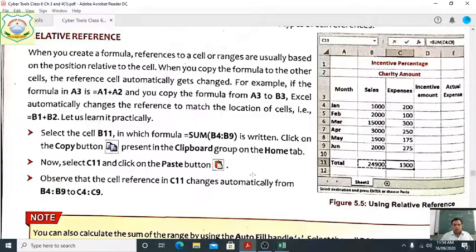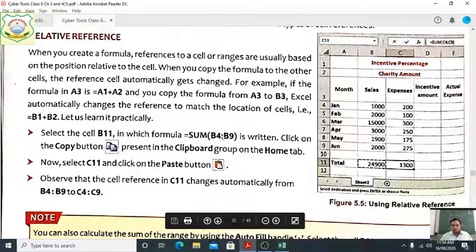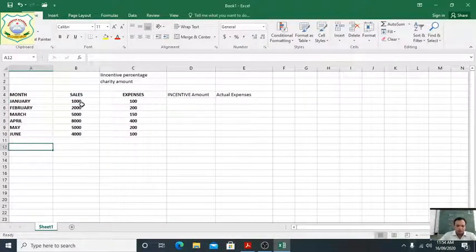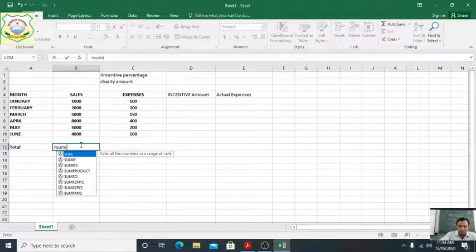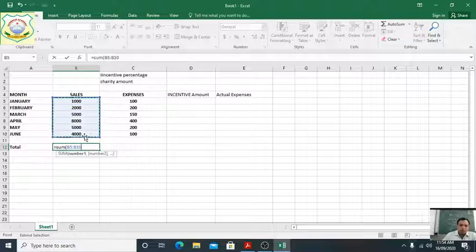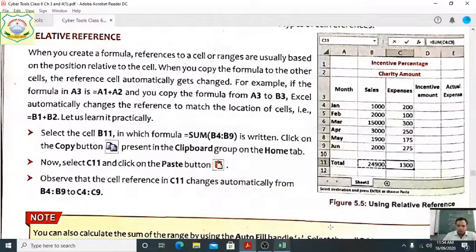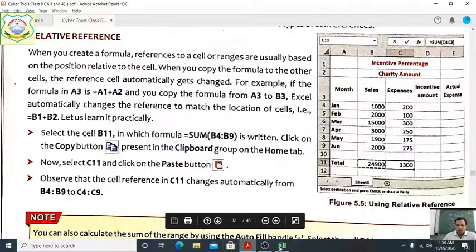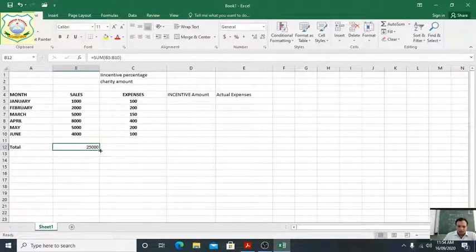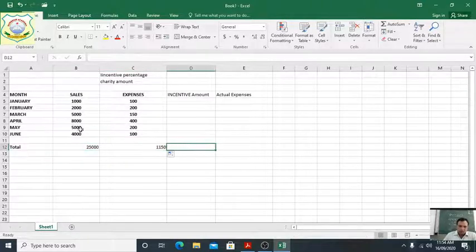Here what he has done with the using of formula sum function, B4 to B9. Okay, total. Here the same thing we will use here, total, equal sign, then sum function, bracket, start from, colon, and now we have got 25,000 students. So here, and also added this one. How we can also drag it here. See everyone students, see here, we are getting 1150. Okay, this is the same value.